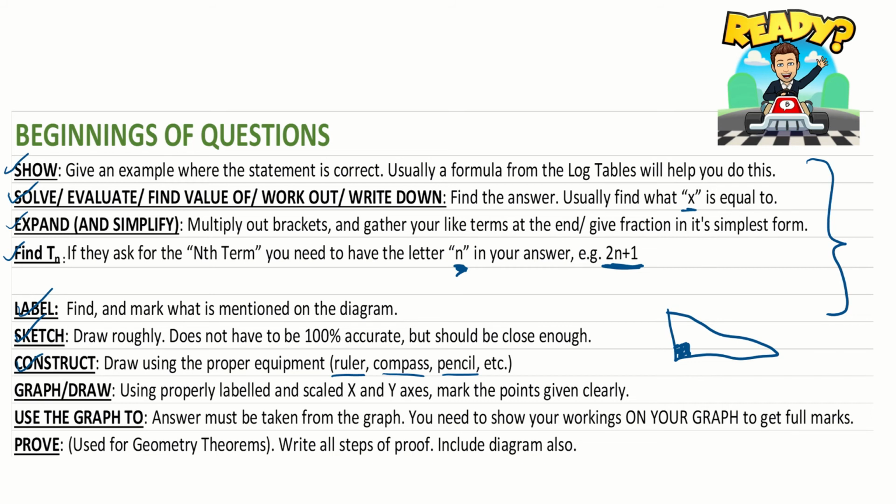If you're asked to graph or draw something, graph and draw mean nearly the exact same thing, usually to do with functions questions. You'll be given a function and asked to graph it or to draw it. Basically what that means is draw a picture of what the function actually looks like on a diagram. So you might have, I'll just rub out my right angle triangle here, f of x is equal to 3x plus 2. And obviously that's just numbers. That's just a function telling you what it is. But in order to draw it,